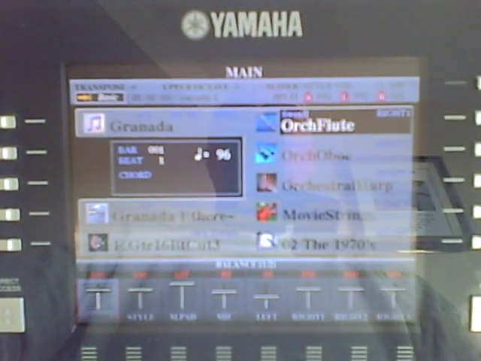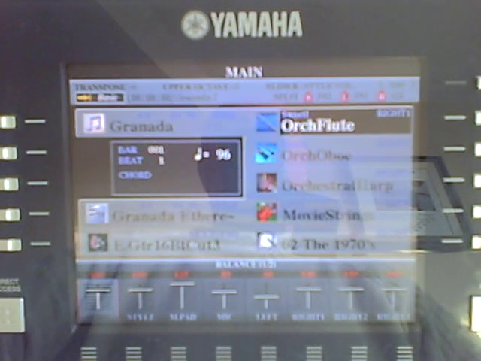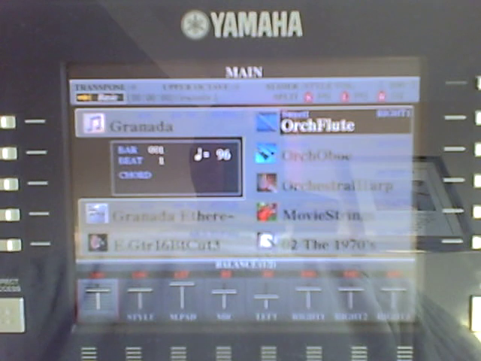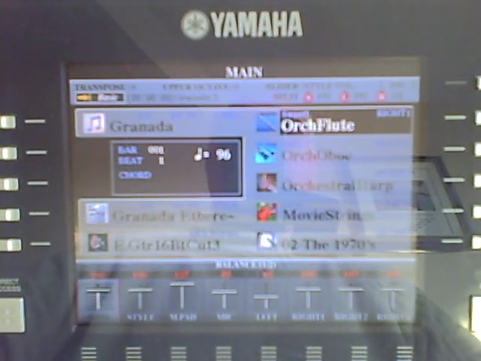Creating a pad on the Tyros range of keyboards. This would apply from Tyros 1 right through to Tyros 4. Firstly, we need to select a suitable voice that would suit the style that we wish to make a multipad